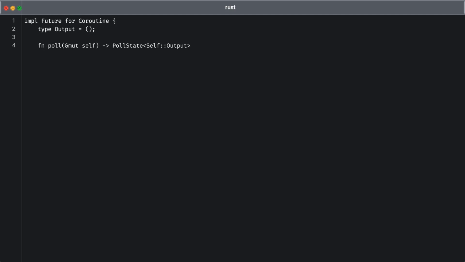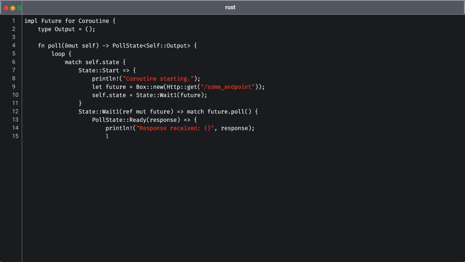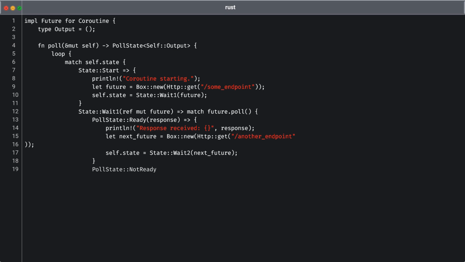Now let's implement the main functionality of our coroutine using the future trait. In this section, we define how our coroutine will transition through different states based on the responses it receives from asynchronous HTTP calls. The poll method is where the logic unfolds. It runs a loop that checks the current state of the coroutine. Initially, when the state is start, a message is printed to indicate the coroutine is starting, and it sets up the first asynchronous HTTP call by creating a box of the future from HTTP get. This sets the state to wait1, indicating that the coroutine is now poised to receive the response from the first